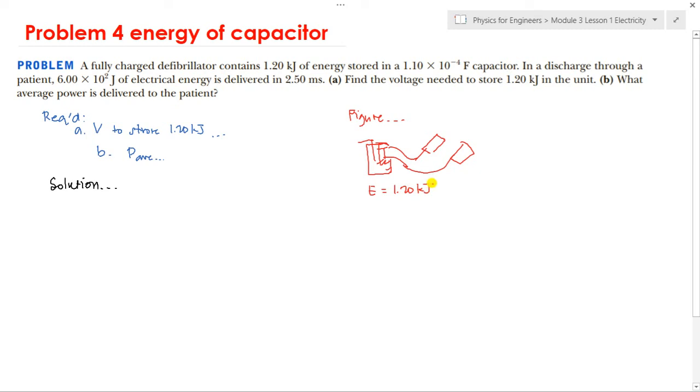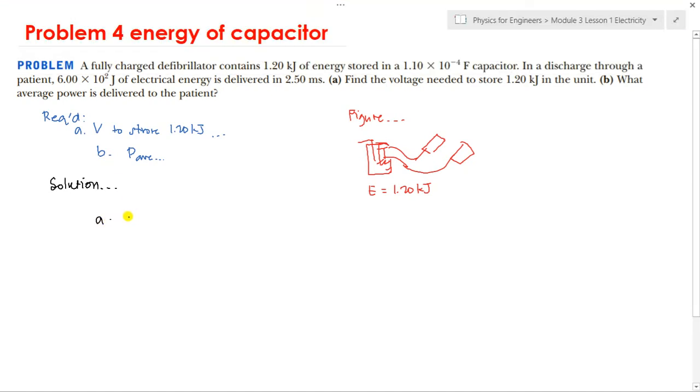Okay, nana siya, and then mo na siya iyang na charge. So ang kanisiya, the energy sa solution for letter A,